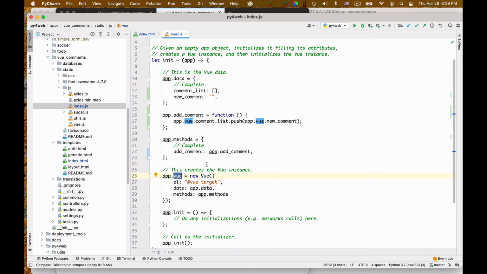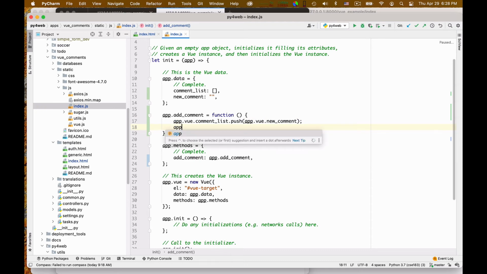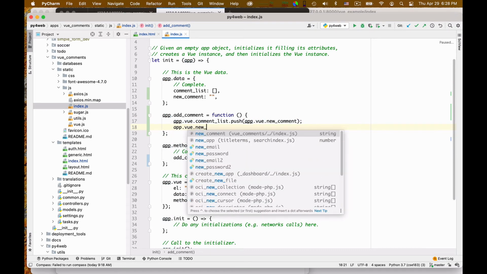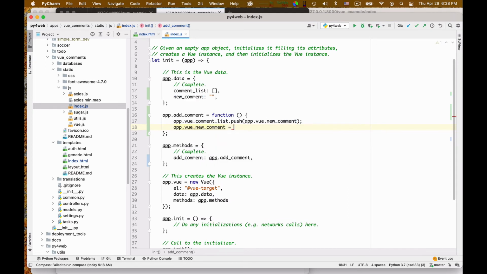And so to access it, I say app.vue.newComment. Okay, so this is a new comment. I take it and I add it to the list of the comments. And that's almost it. The other thing I need to say is app.vue.newComment is equal to empty. So this will clear the comment so that I can write another one.